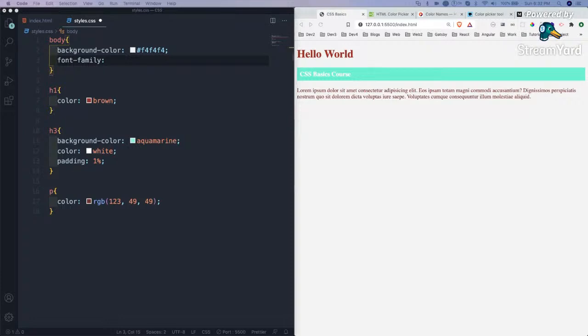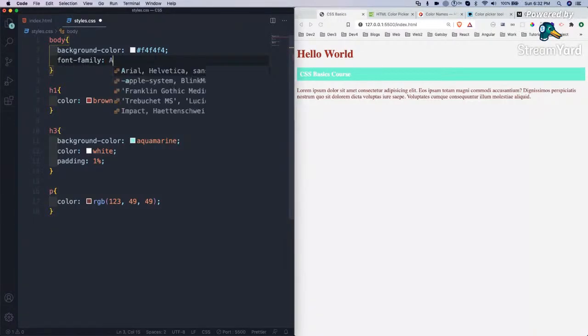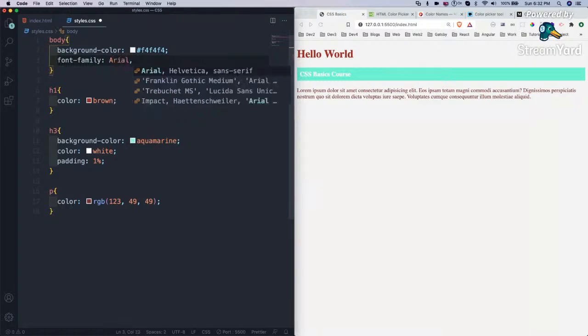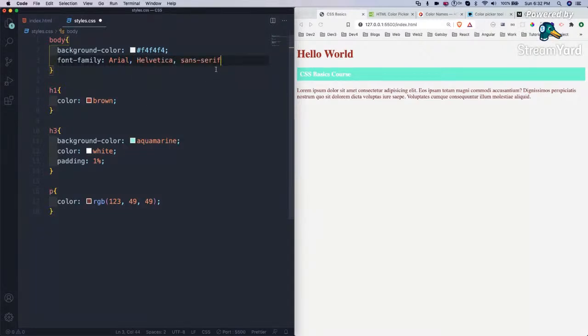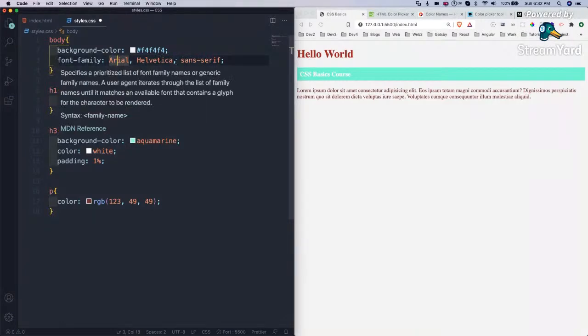Now we are going to see fonts in CSS. Fonts in CSS we give by font family. There are very different font families, like Arial. By default, VS Code is giving me some options: Arial, Helvetica and Sans Serif. We generally take two or three font families, because if Arial is not available in the system, then it will take Helvetica, and if that is not available, then it will take Sans Serif.